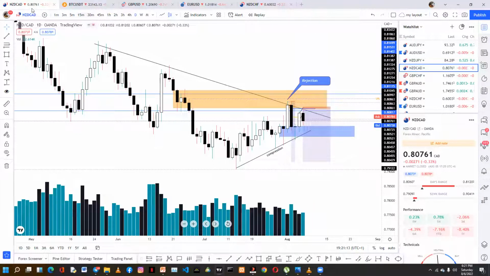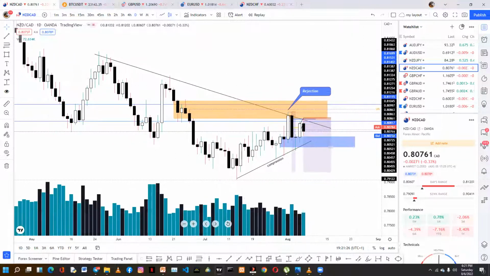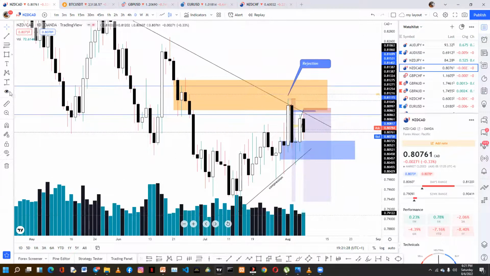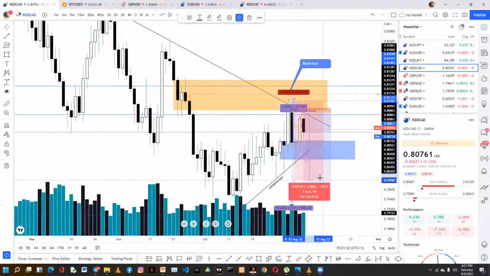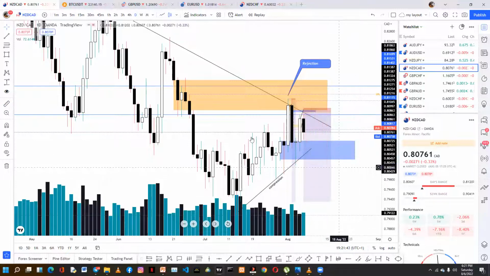So that was it for New Zealand CAD. Okay, so this gave 1 to, I think, 4 pips for about 72 pips. From here up to here was 129 pips. Okay, 129 pips. So let's say 130 pips divided by 4. Okay, so that was a good ratio. All right, and then now